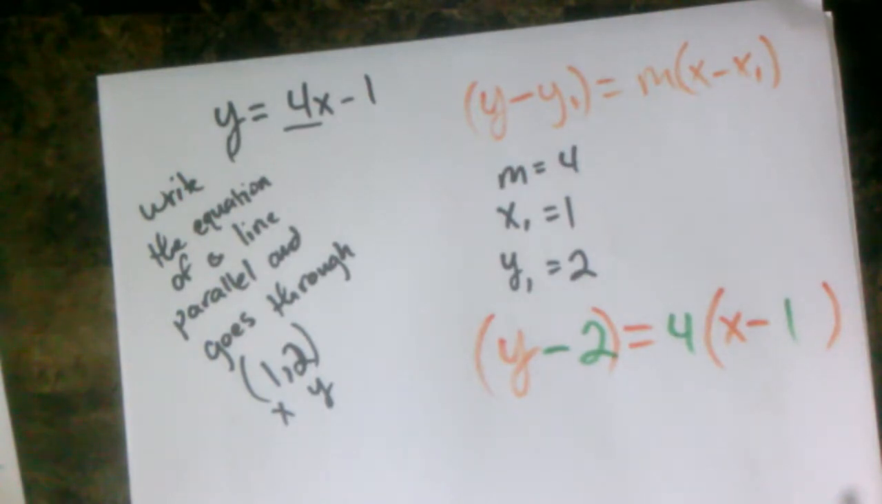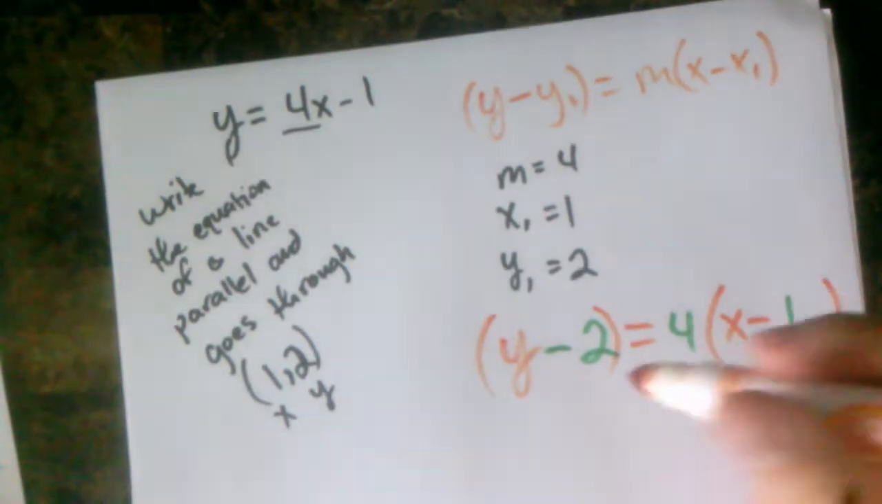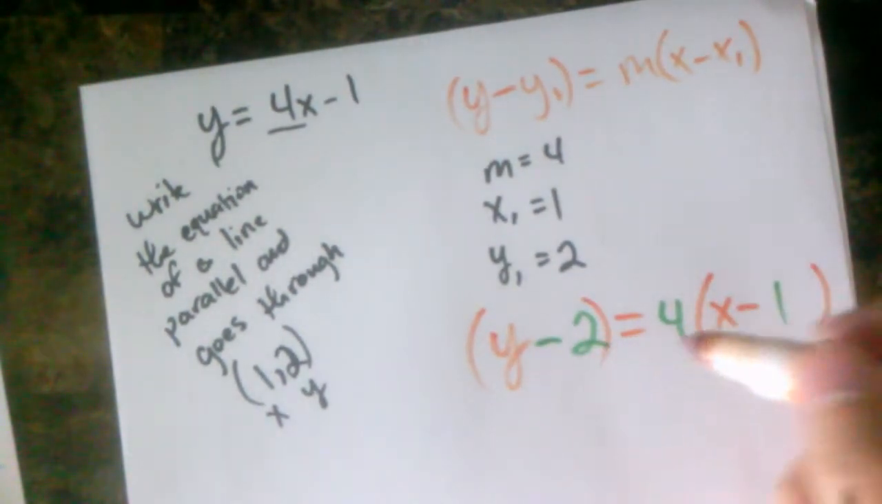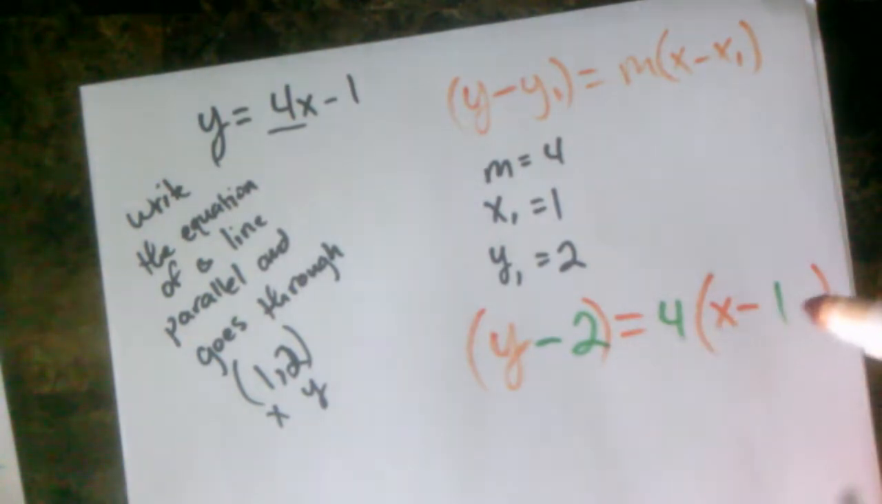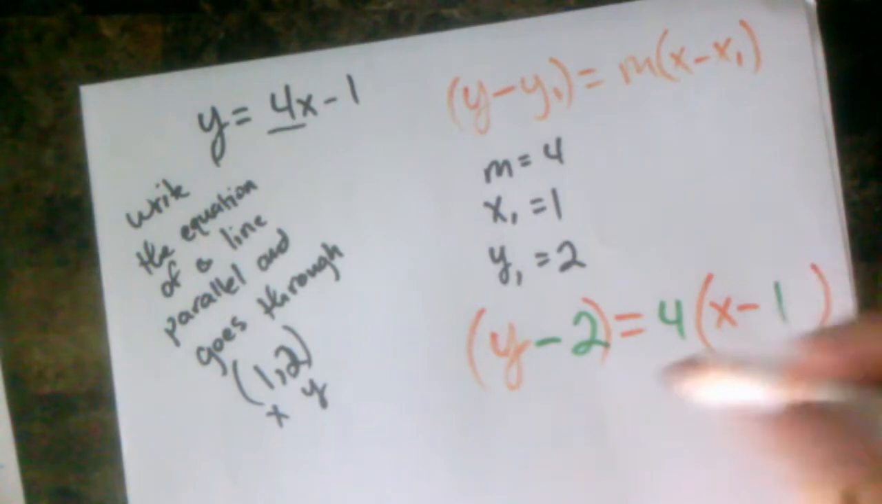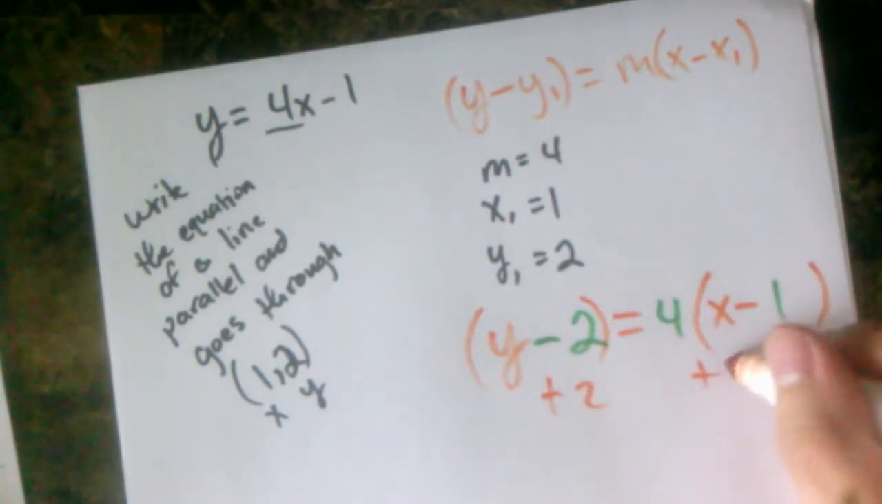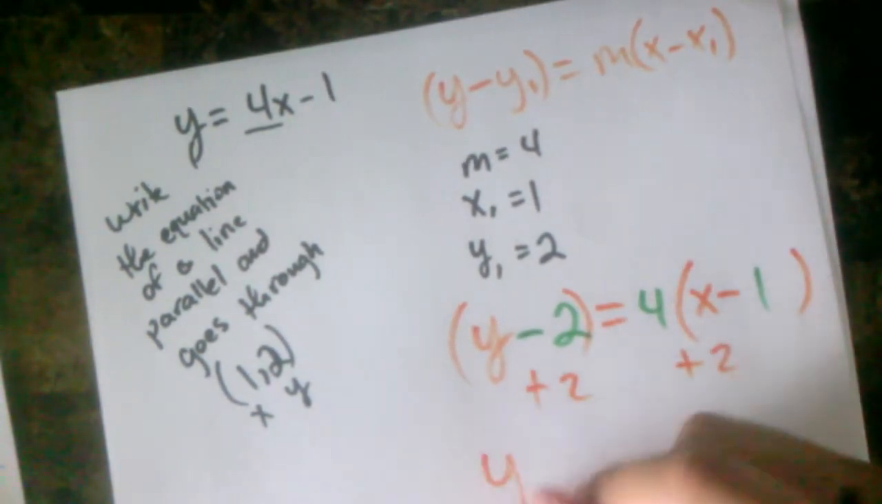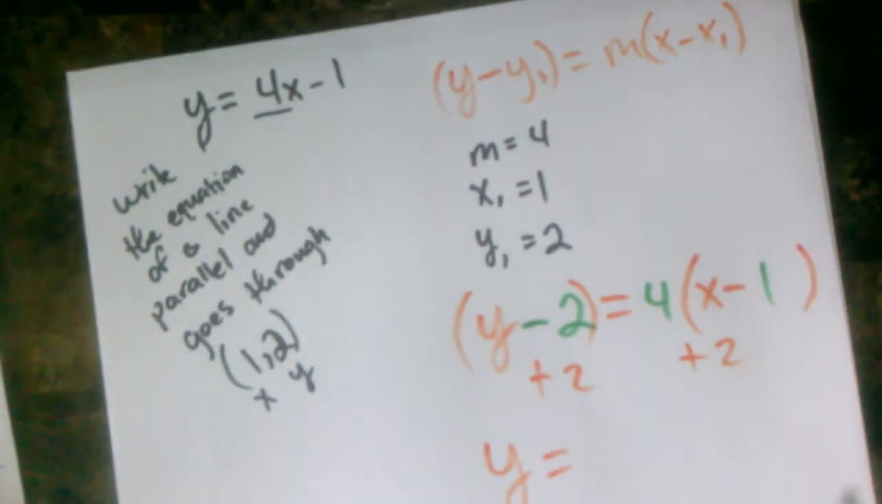Now I just have to solve and get y all alone. Remember, all of these have to be in y equals mx plus b form, so we just need y alone. So I'm going to go ahead and get rid of my parentheses, and to get y alone, I'm going to need to add the 2 over here. So let's go ahead and add the 2. So plus 2 on both sides, and you're just going to get y all alone is equal to